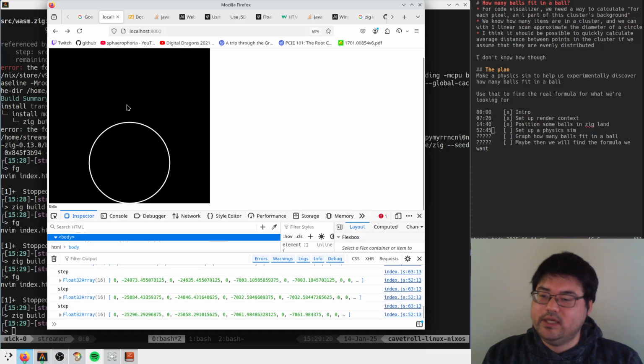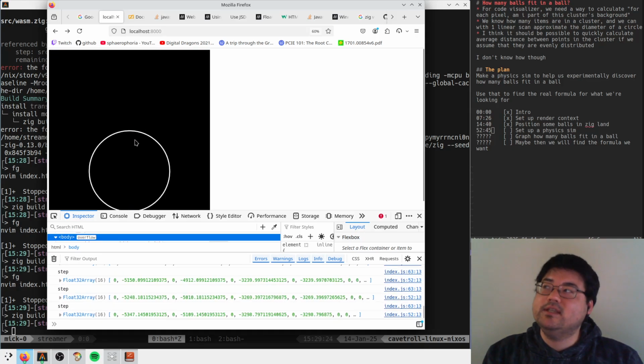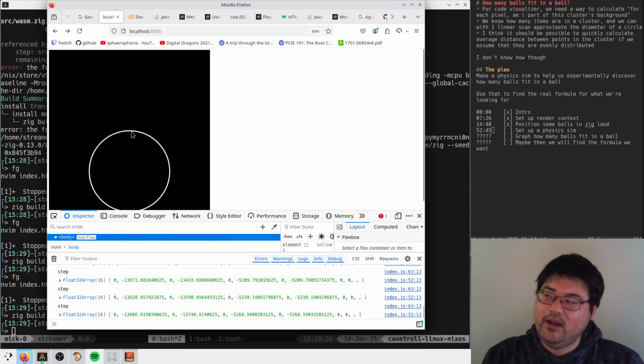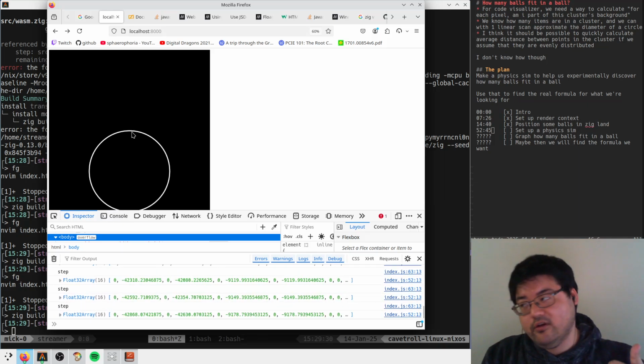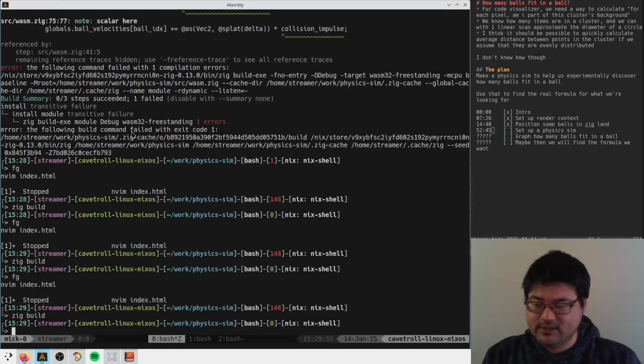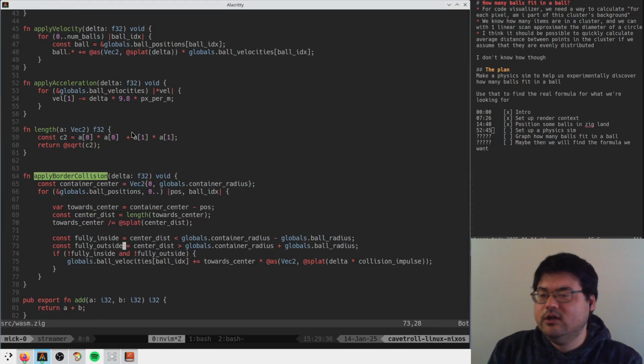Yeah, okay. So we do see some acceleration here when they hit the edge, which is good. They're getting pushed in. But it means that the push on the inside is always going to make it so that when the push on the outside isn't strong enough, right? That's just how this is going to work out because it's a constant value. So whoever said it should be related to velocity, I think is correct. So I think